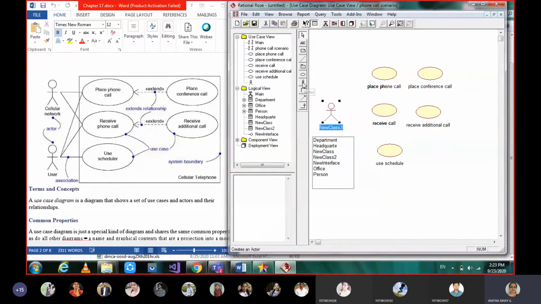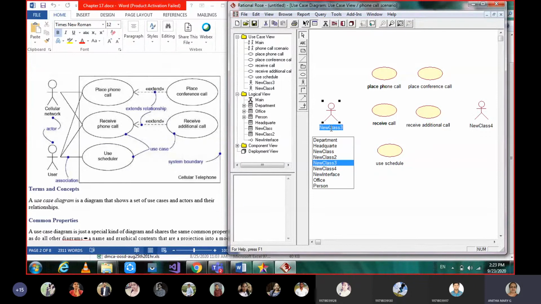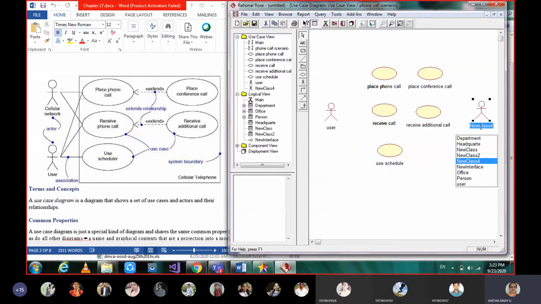Whenever you are drawing use case diagrams, always see to it that the actor on the left side is the external user. The actor on the right side is the internal user. Internal means the actor who is working for the system. That's how we give.